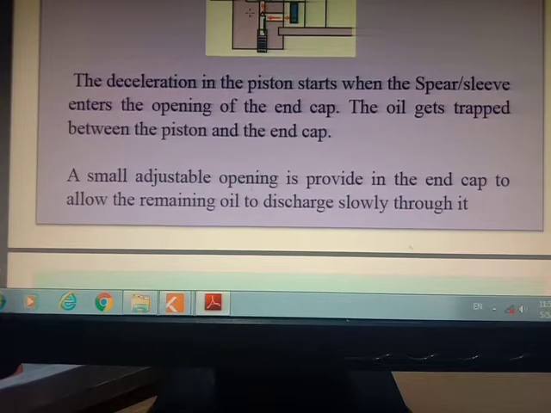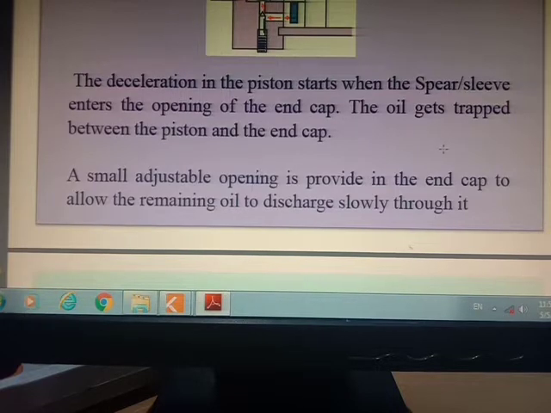So through this red part, you can see this red path shown by the arrow, the oil will go to the reservoir. So what will happen now? As the amount of opening provided for oil flow is very less, it is reduced. So the flow of the oil to the reservoir will be restricted, and due to that, automatically the speed of the piston will get restricted, and hence this arrangement